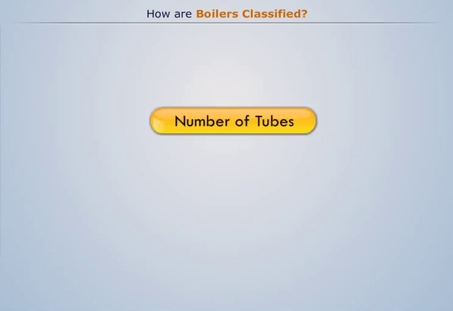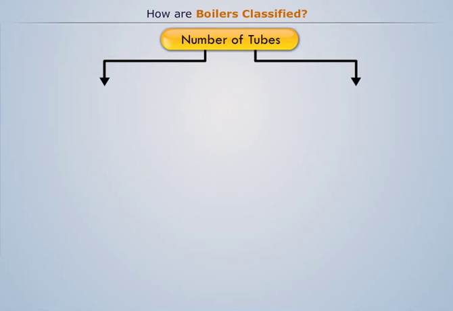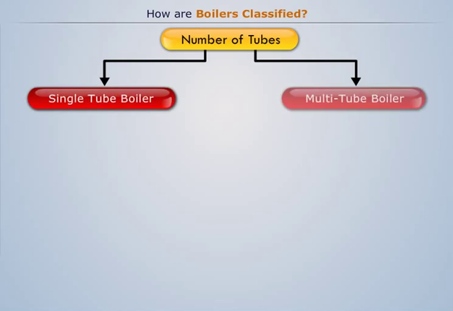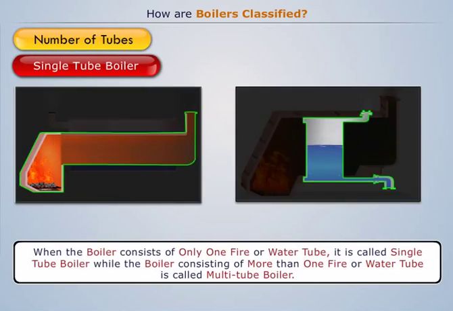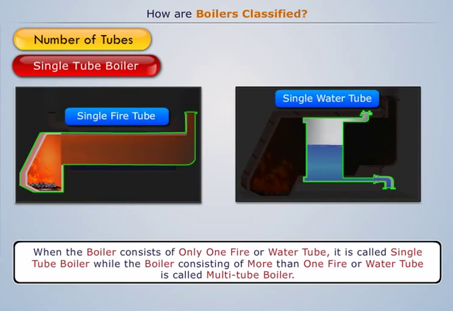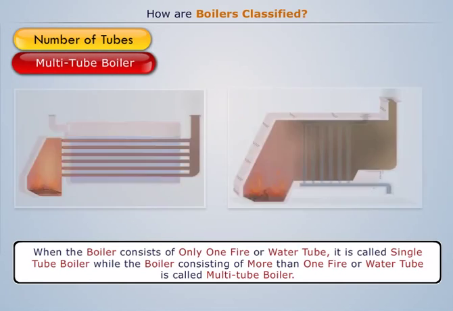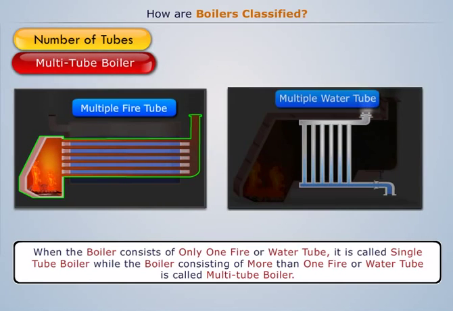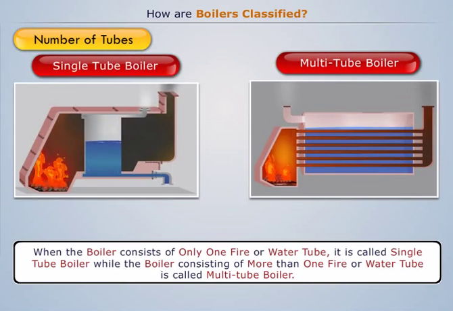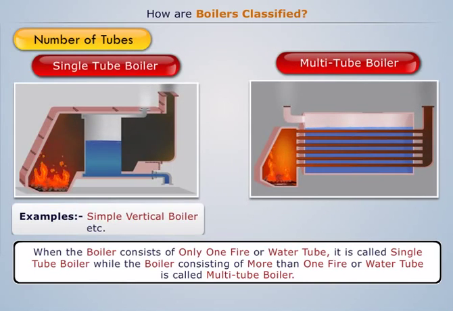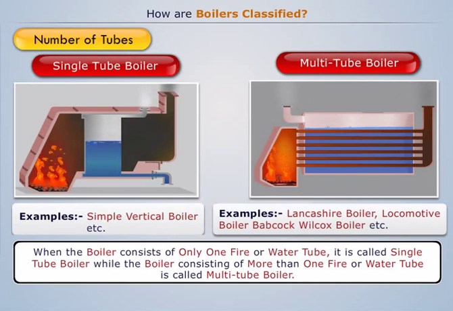Number of tubes. On this basis, boilers are classified as single-tube boiler and multi-tube boiler. When the boiler consists of only one fire or water tube, it is called single-tube boiler, while the boiler consisting of more than one fire or water tube is called multi-tube boiler. Generally, all simple vertical boilers are single-tube boilers. Some common examples of multi-tube boilers are